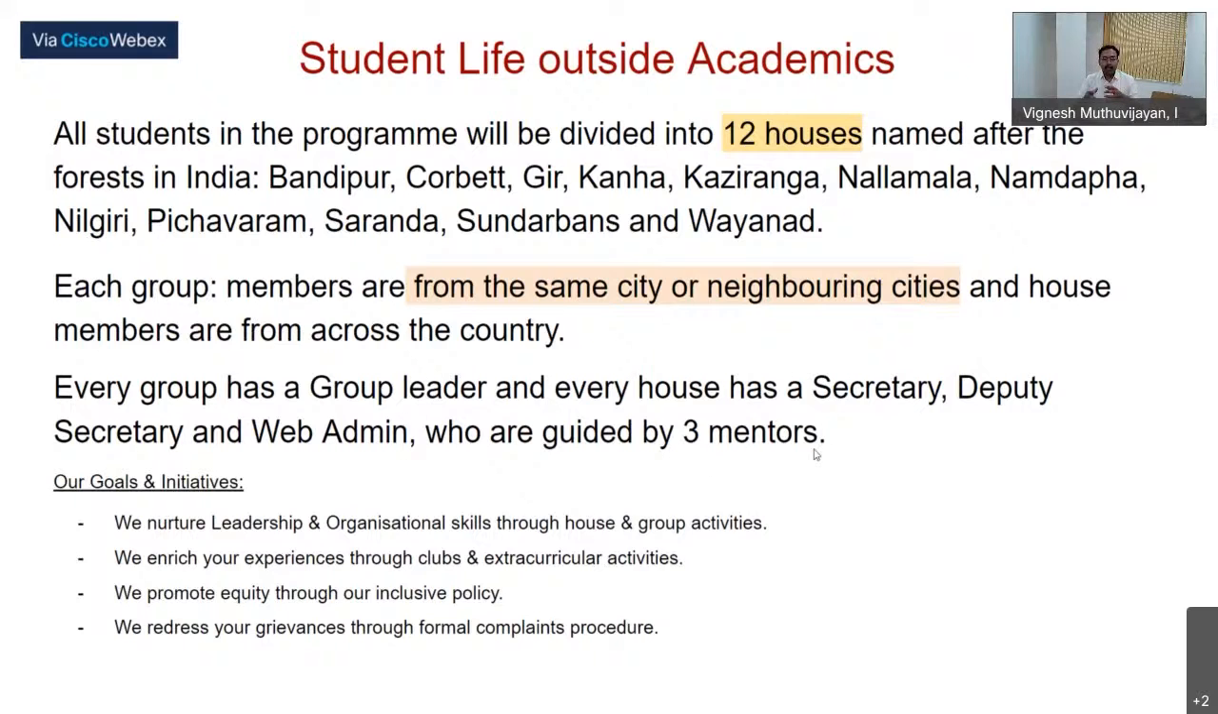So there is an organizational structure. There is also a student legislative body which is elected from amongst the students. They are also working on a student constitution and so on. The idea is to have this structure so that there can be various activities which are initiatives of these